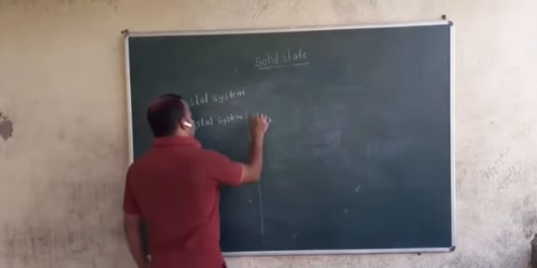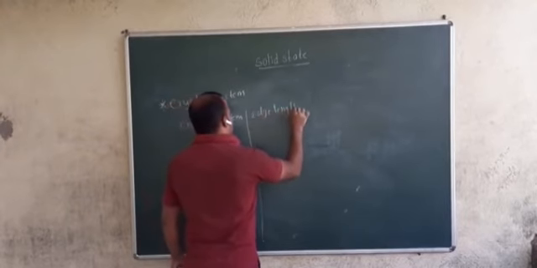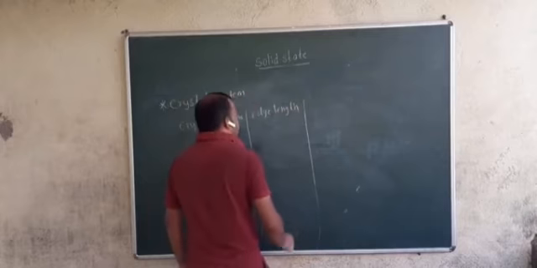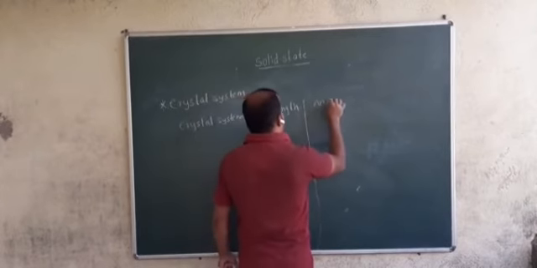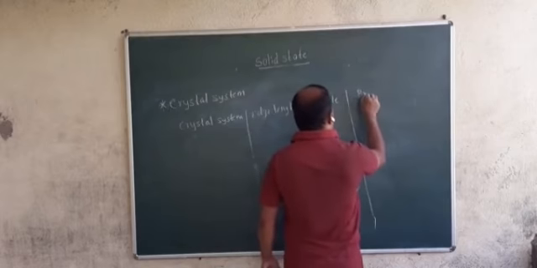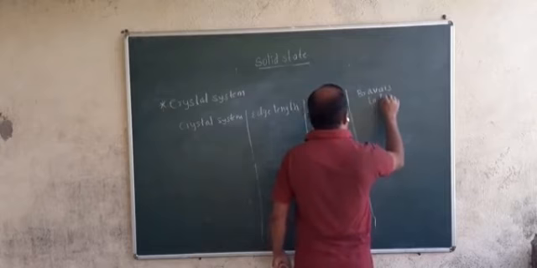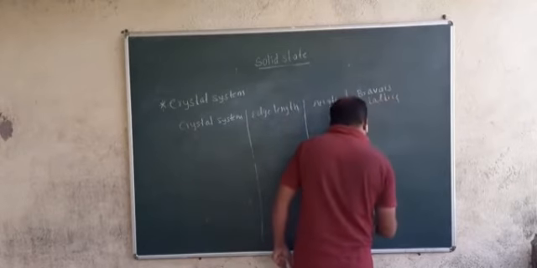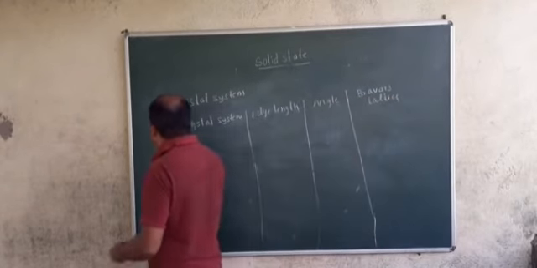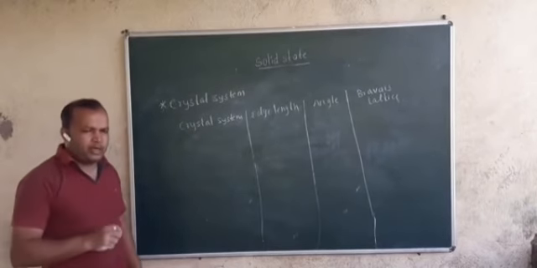Second, edge length. Third one, angle. And the last one is Bravais lattice. So there are 7 main types of crystal system, and I have made a simple short